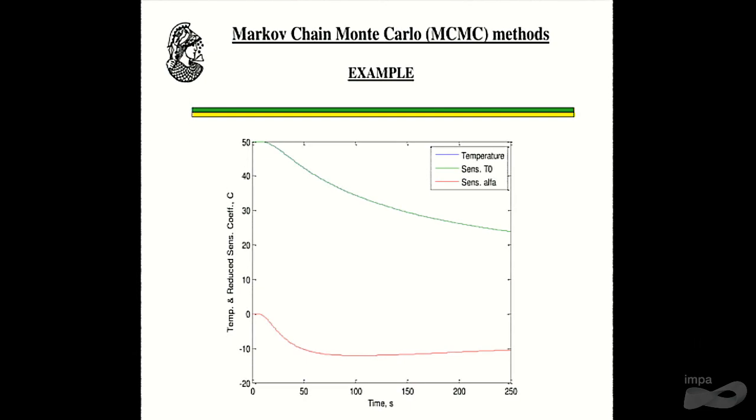Okay? And so over here, these curves are actually 2 curves. One is the temperature variation, the other one is the sensitivity coefficient with respect to T0. And the red one here is the sensitivity coefficient with respect to alpha. We can see that they have very different forms, so they are not linearly dependent. Okay? Of course, this is a local analysis because I'm examining the sensitivity coefficients for those values of T0 and alpha that I have prescribed here. Okay? So this can be argued, of course, but